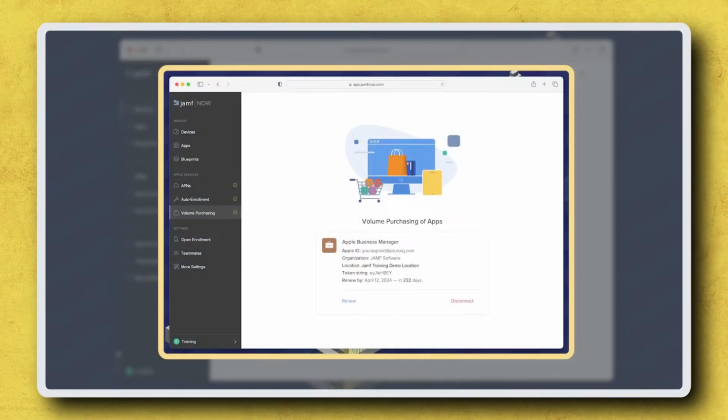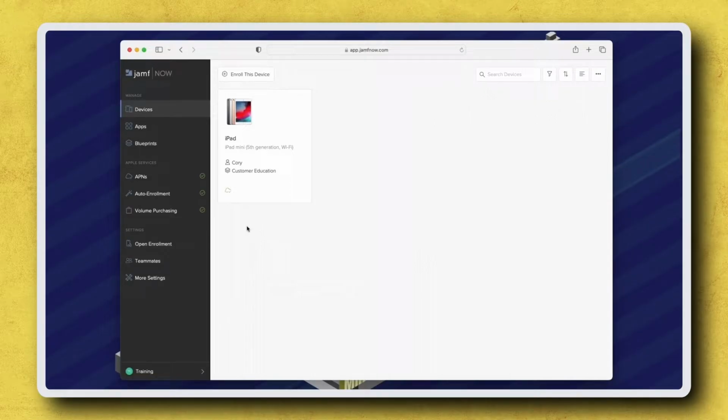Before we begin, be sure that your Jamf Now instance is integrated with Apple's volume purchasing program and that licenses have been purchased for the app being distributed, even if it's a free app. If you haven't configured this yet, or if you want a more detailed explanation of volume purchasing and app licenses, be sure to check out the Get Started with Jamf Now series linked in the resources.